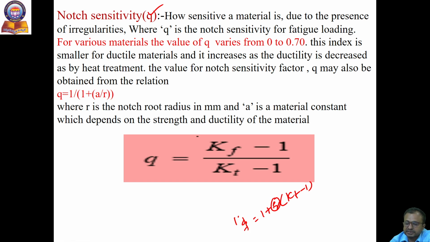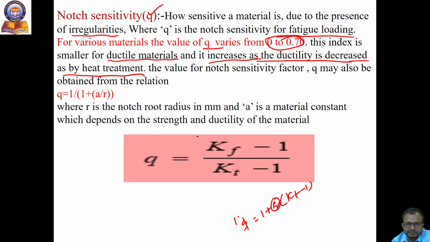Notch sensitivity is due to the presence of irregularities, where q is the notch sensitivity for fatigue loading. The value of q varies from 0.0 to 0.70. This index value is smaller for ductile materials, but it increases as the ductility is decreased,